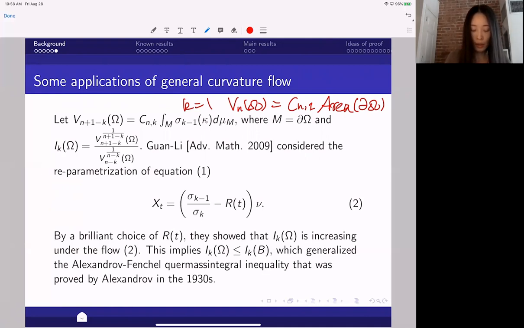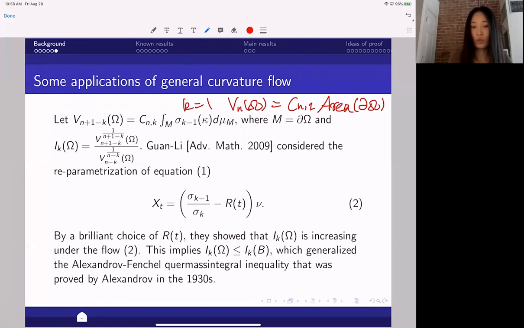So, Guan and Li considered the reparameterization of the flow equation 1, which is x_t equals sigma_{k-1} over sigma_{k-1} of t times nu. Here, r of t is a quantity that only depends on time. By a brilliant choice of this quantity, they showed that the quantity I_k of omega is increasing